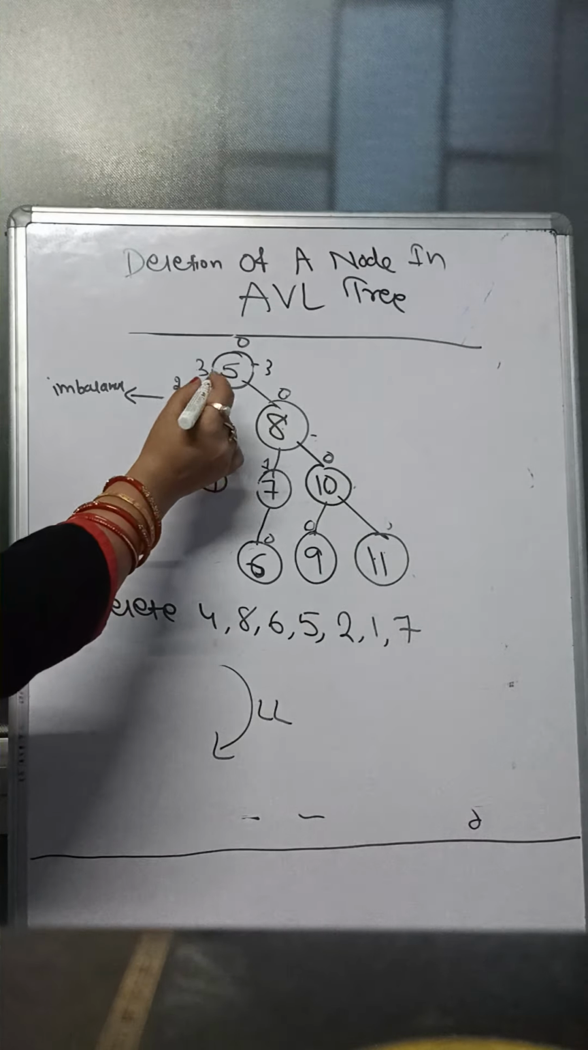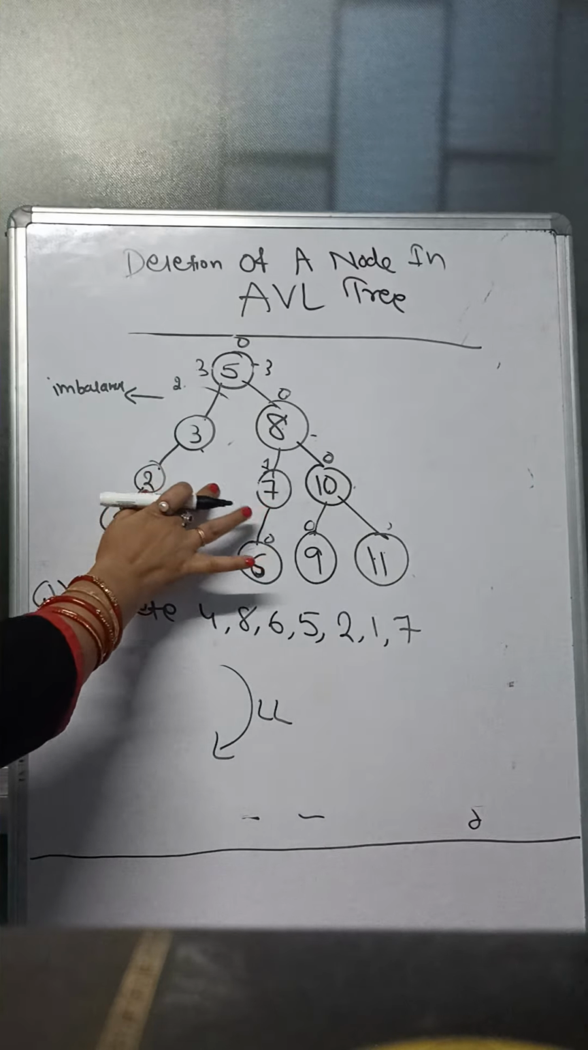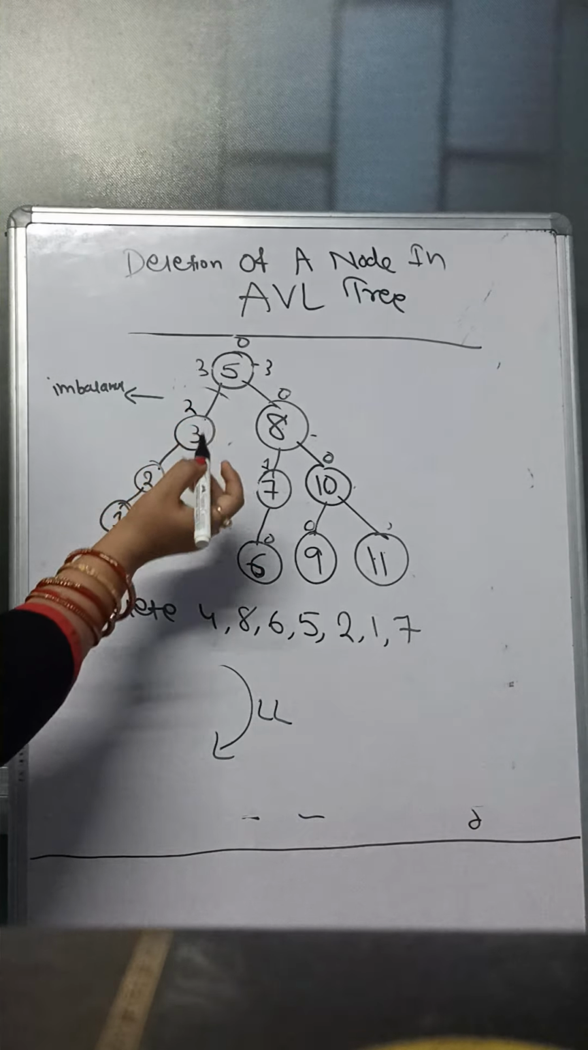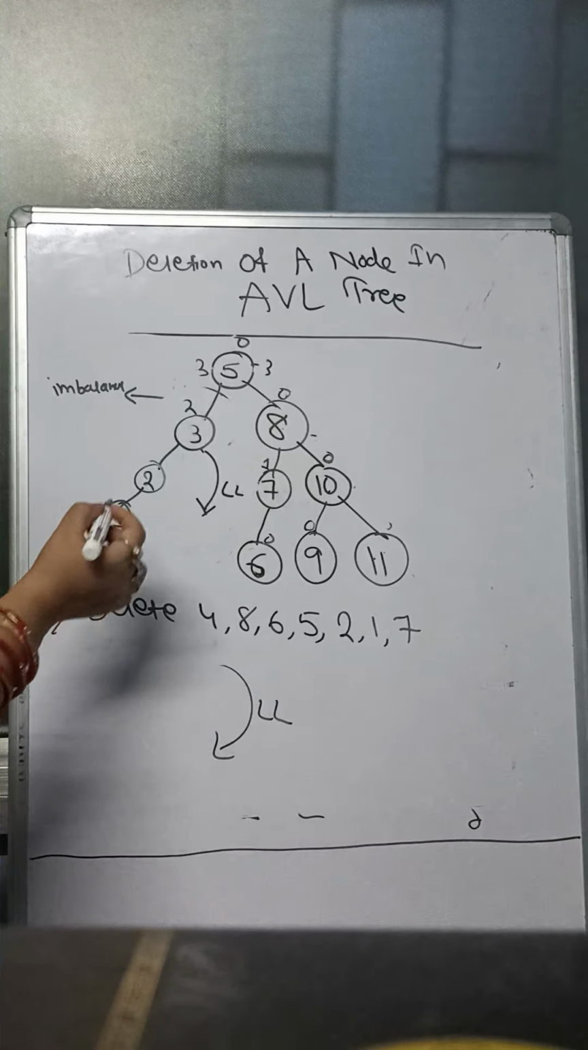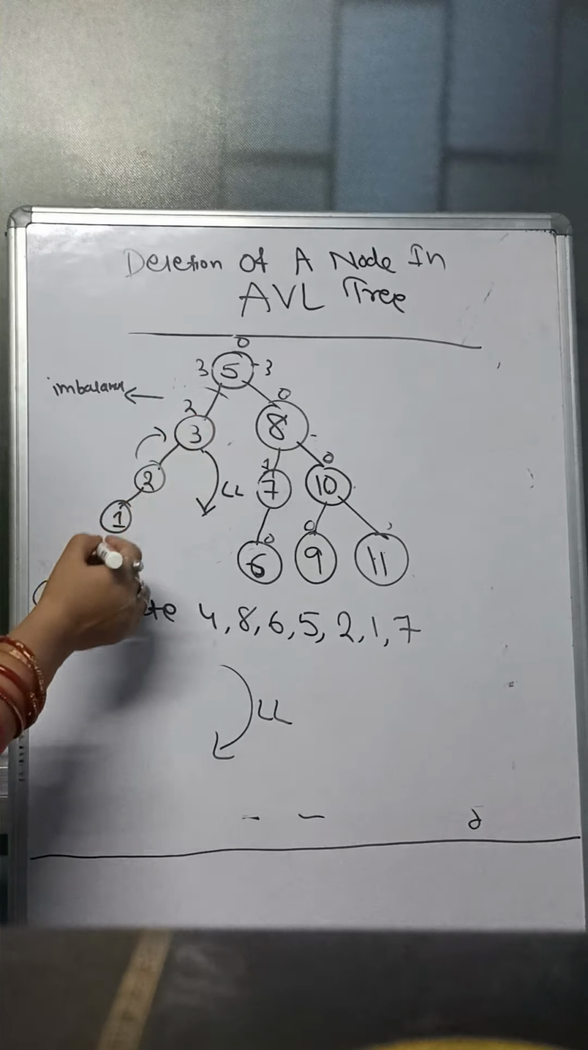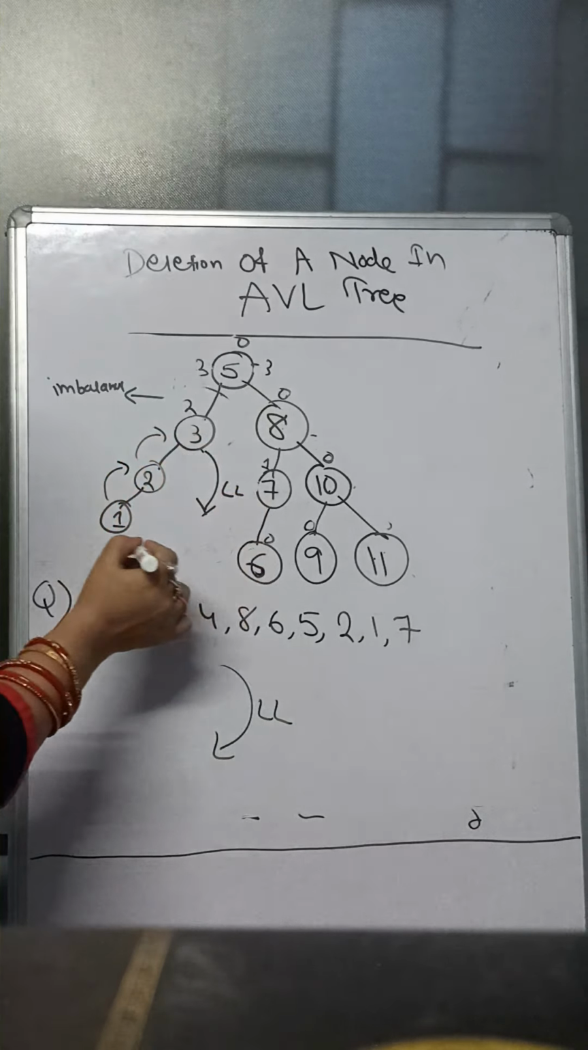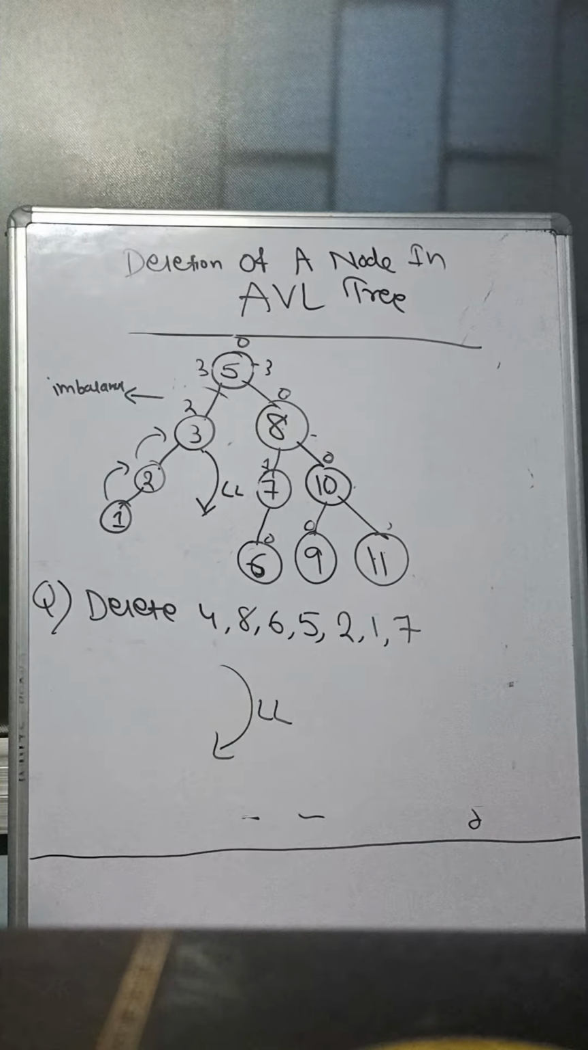Okay, so imbalance is when I will delete 4, then imbalance will be here at 2. Then I have to do this type of rotation, this is your LL rotation. Okay, then this will also move one to left, this is a clockwise rotation. So after doing the LL rotation, the tree will be,